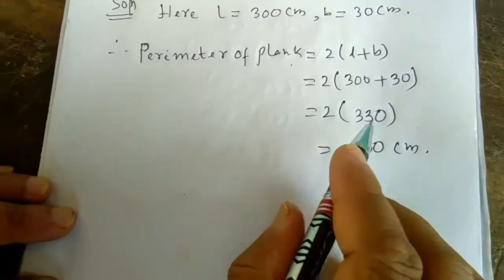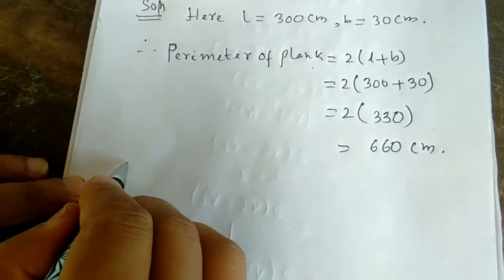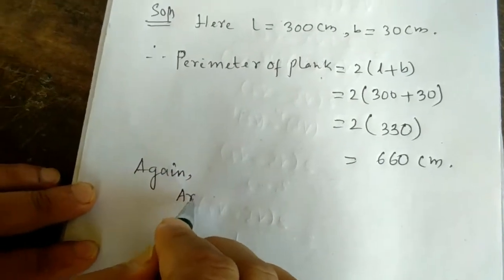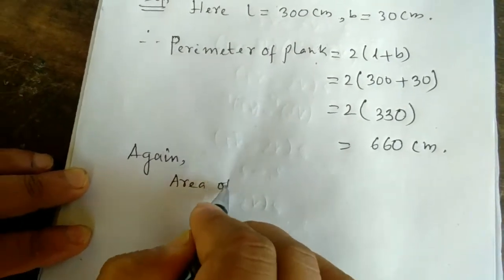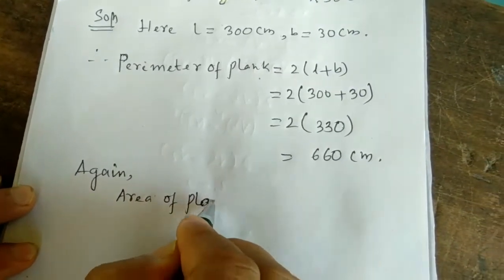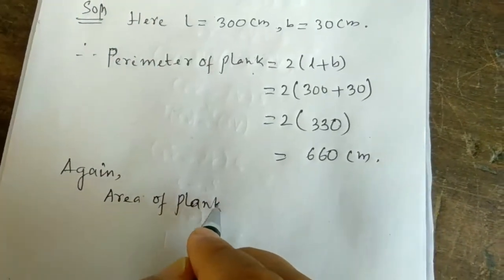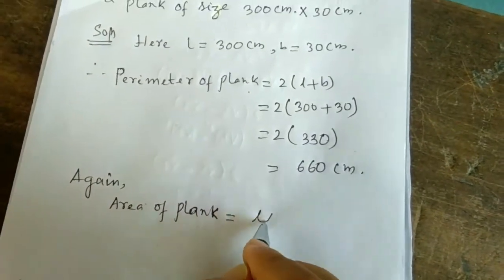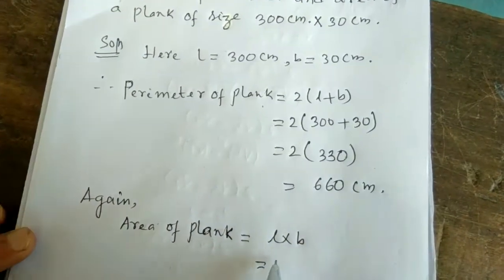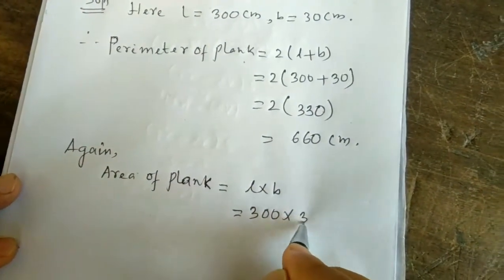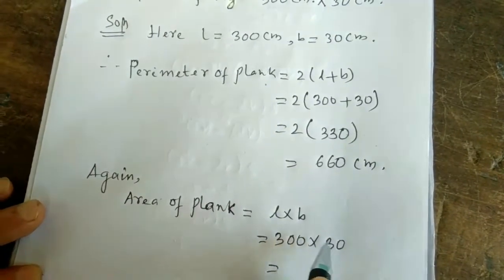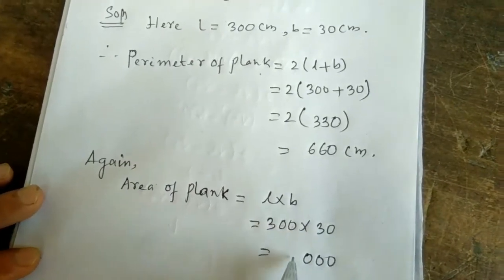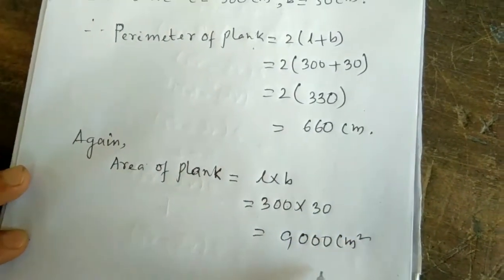Okay, again we have to find area of plank. Plank means rectangle. Remember it. Area of plank, rectangular shape, so rectangle. Area of rectangle equal to length into breadth. Length is your 300 into 30. 1 zero, 2 zeros, 3 zeros. So 9 with 3 zeros, 9000 centimeter square. This is the